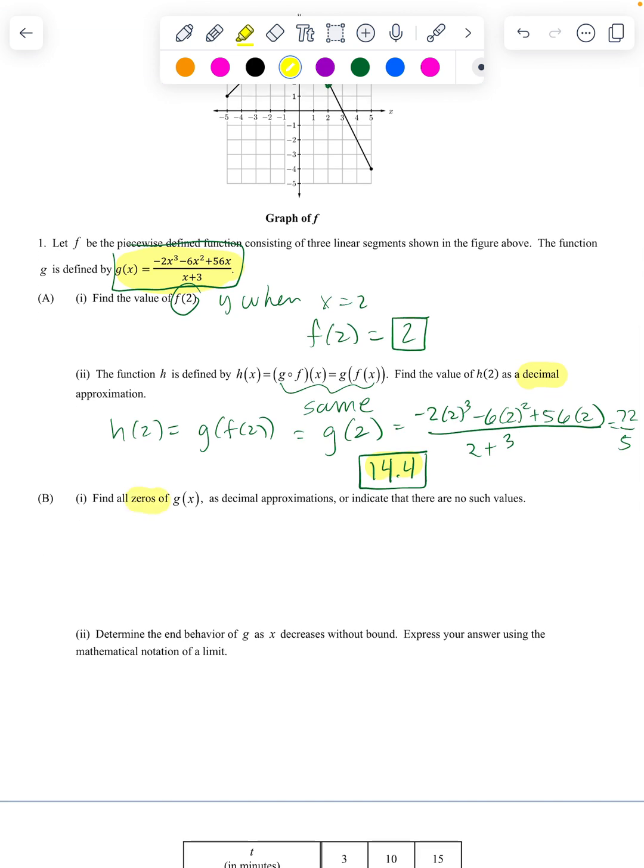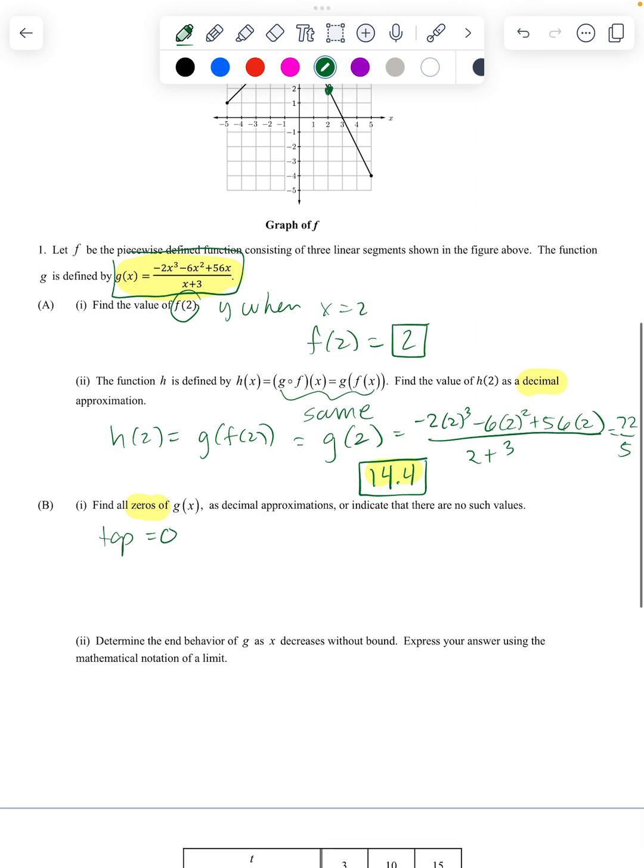Okay, we're finding the zeros as decimal approximations or indicate that there are no such values. Keep in mind that in order to find zeros, we're looking at the top or the numerator and thinking, what makes that equal 0? Because you can't have a 0 on the bottom or it's undefined. So we're going to go ahead and take that top function and try to factor it down to determine what the